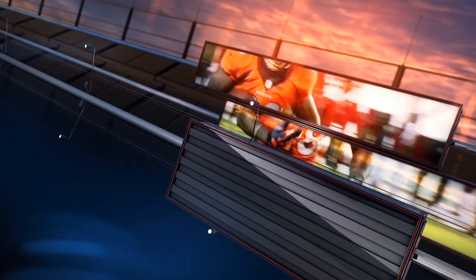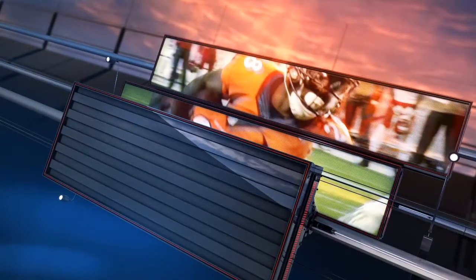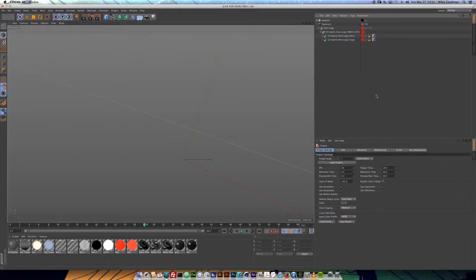package. This is just going to be a basic overview of what the core look is. I'm going to cover some Cinema stuff and then cover After Effects, and I'll talk a little bit about the compositing and all the different elements that make up a sports package. For this example, I'm using Scene 3A from the G3 Open, and I'm going to go ahead and open it up here. As soon as it loads,